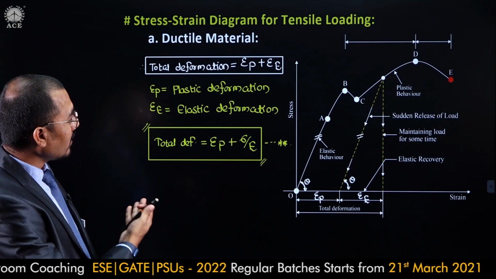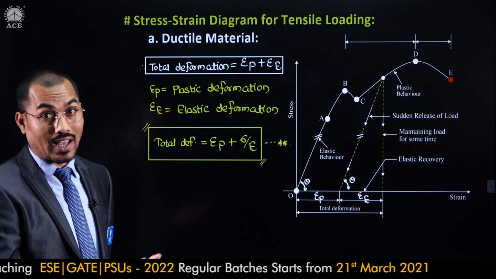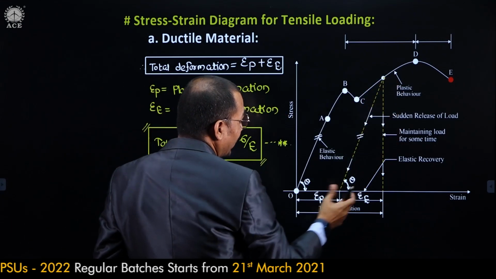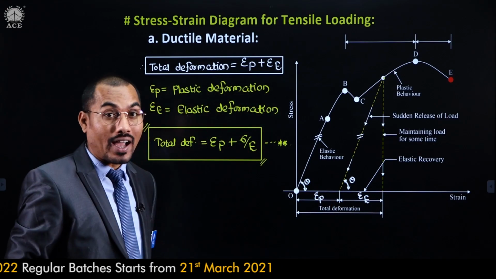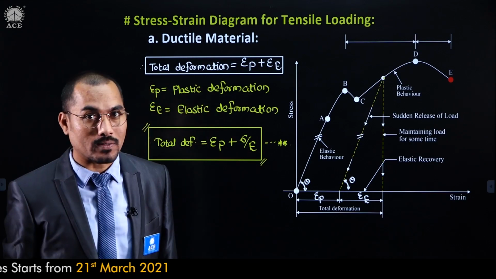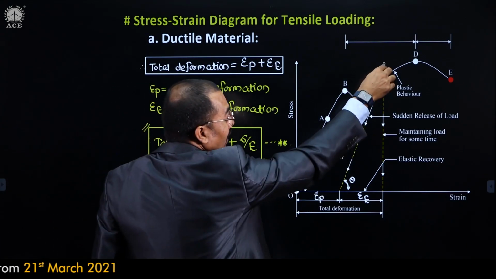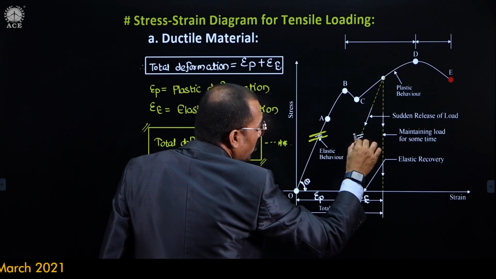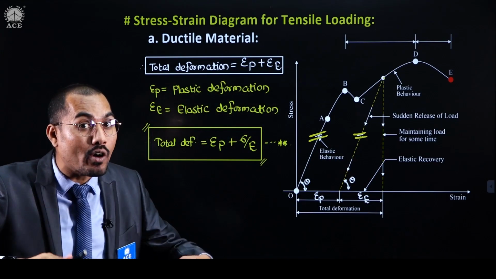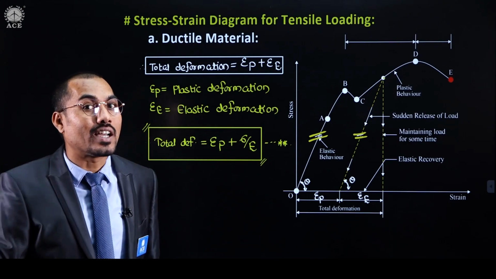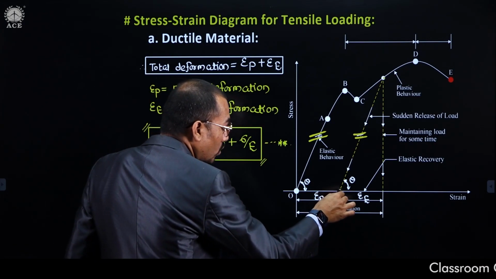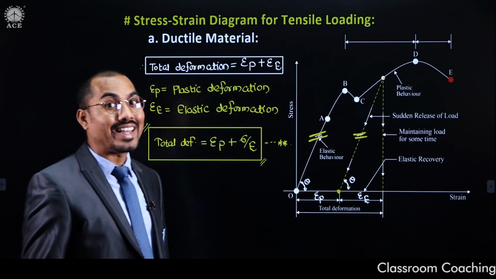But while learning, we have to understand that this is a snapshot I have taken from the classes that we already discussed. Whenever I load the body in the plastic deformation zone, that entire deformation takes place. Against that stress, the strain is always a combination of elastic and plastic deformation. If I release the load, the unloading curve will follow parallel to the proportionality limit, and whatever elastic deformation is there in the body will get recovered. It is called elastic recovery or spring back action. And the body will settle to only the plastic deformation which is there in the body.